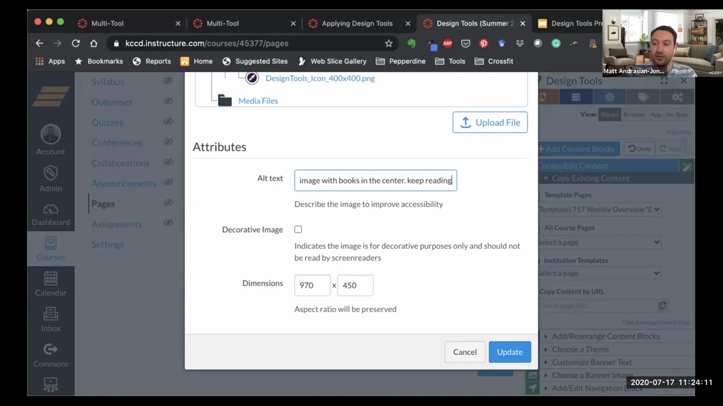Keep reading. So when you create an alt tag, you want to limit it to about 120 characters. You want to not only describe the content of the image, but you also want to basically convey the message that somebody who can see the image on the page would take away,